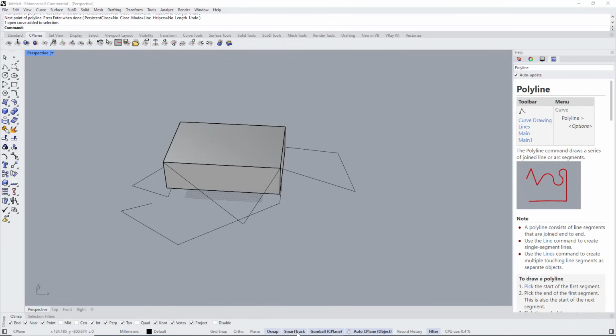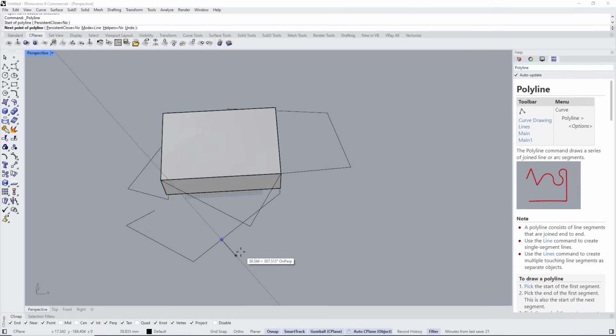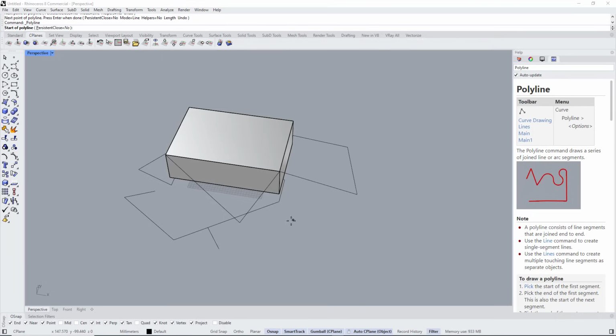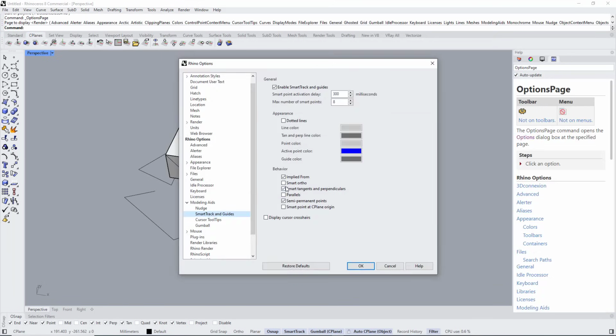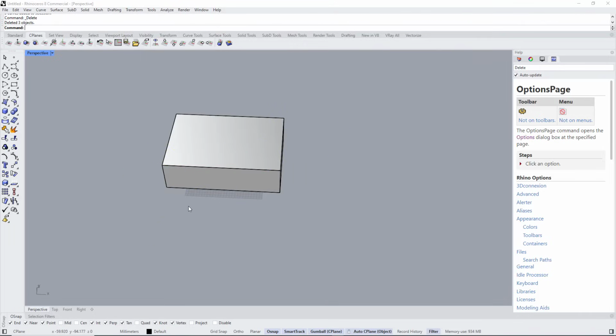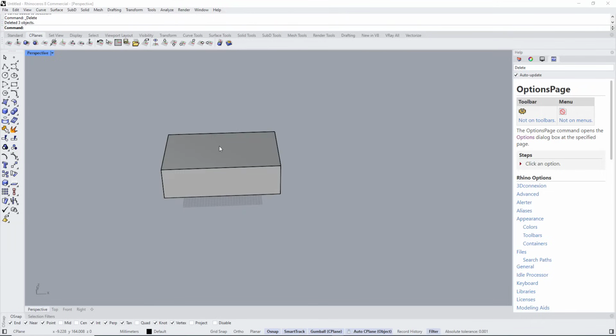And there is a smart track too. If you open the smart track and I come, for example, here and want to draw a perpendicular line, it's going to be automatically snapped to a lot of different options. You can also go here to the settings and enable or disable some of these other features. But anyway, we are going to keep it as default. So these are almost the basics that we need to know to be able to start